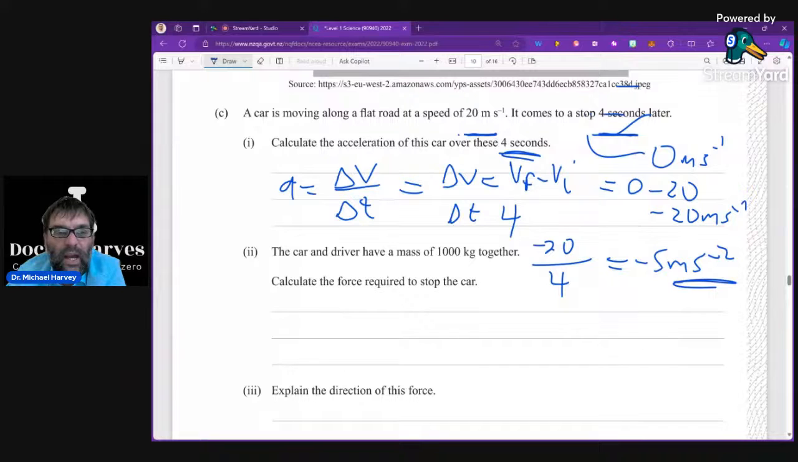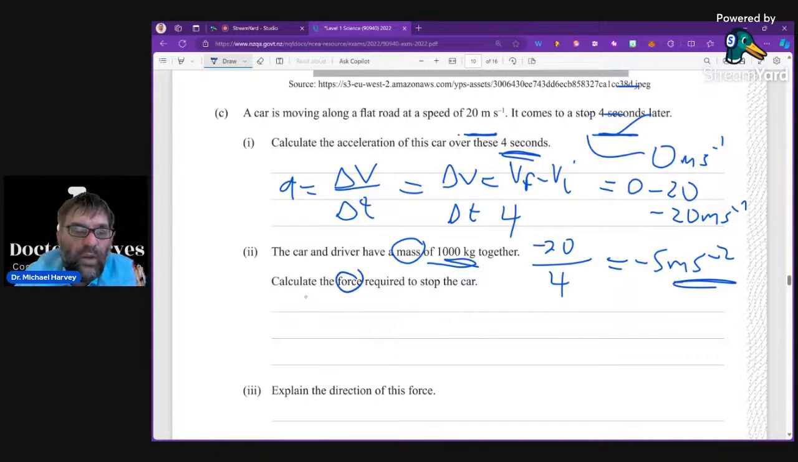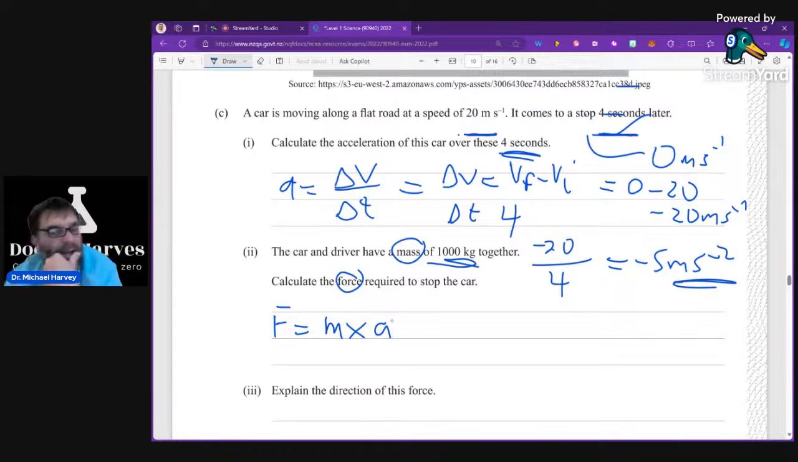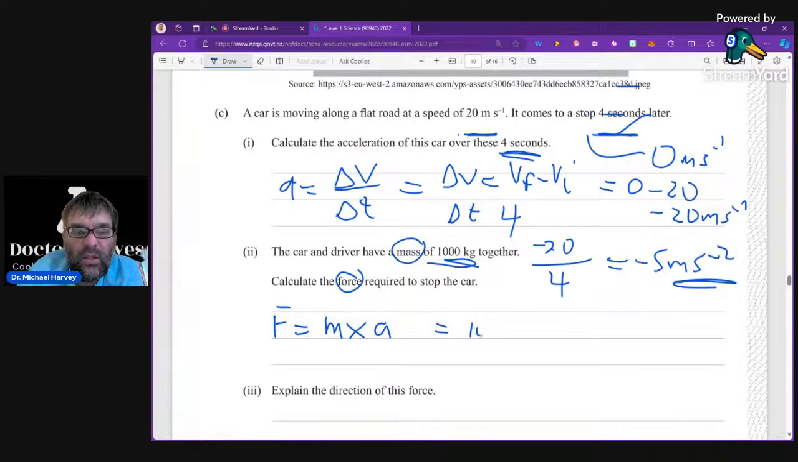And then we have a car and driver have a mass of 1,000 kilograms together. So I've got a mass now. Okay, so mass. Calculate the force. Okay, so dealing with the force required to stop the car. Force equals mass times acceleration, which we looked at briefly when we looked at the scaling example in question 1. So our mass is 1,000. Our acceleration is minus 5 meters per second to the minus 2. So it's going to be 5,000